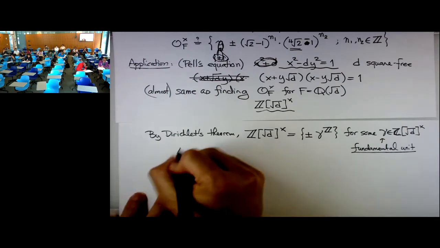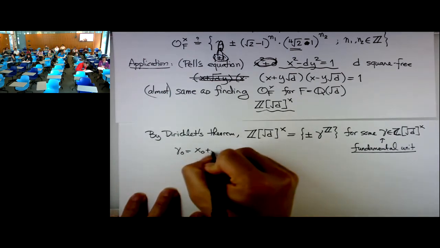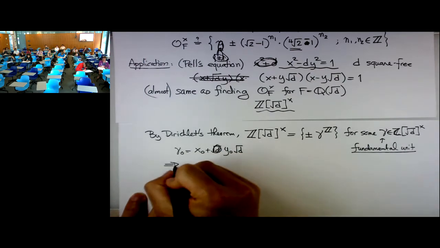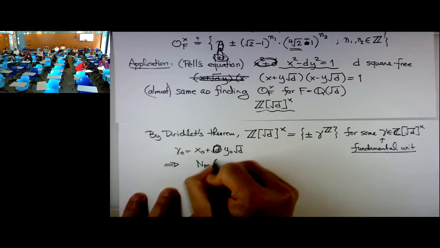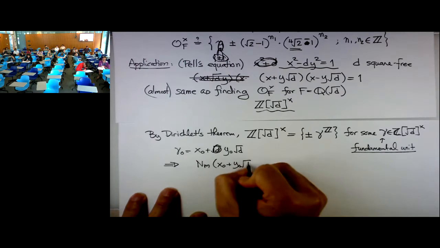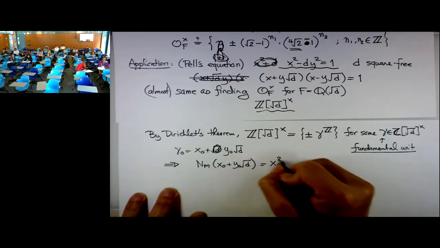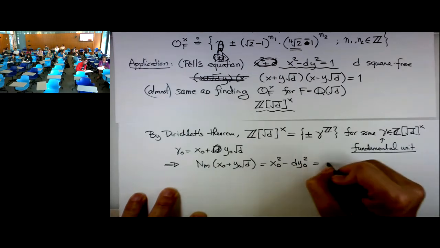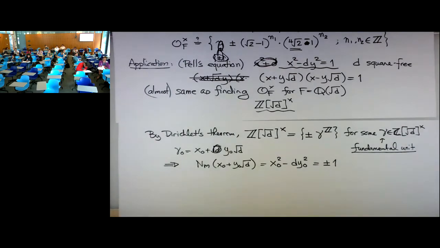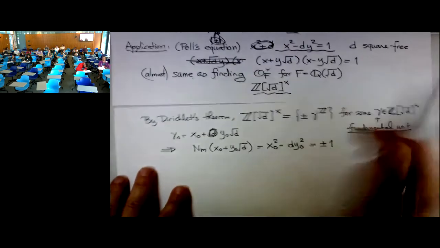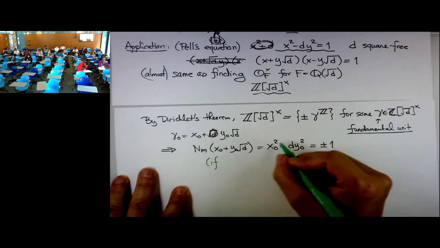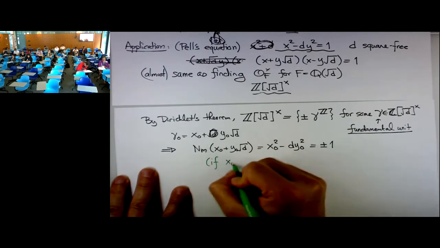But of course, if you write this gamma 0 as x0 plus y0 root of d, then you know that the norm of it, in this case x0 squared minus d y0 squared, is equal to plus or minus 1. You don't quite know a priori whether it's going to be plus or minus 1. It can happen that x squared minus d y squared is equal to negative 1. But if that's the case,